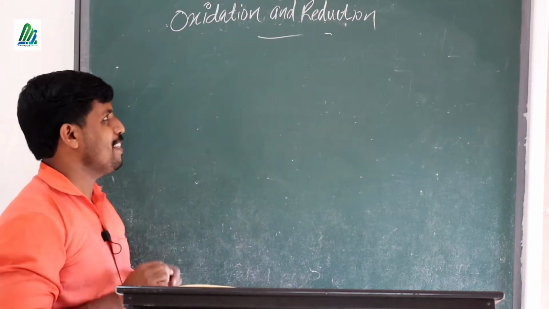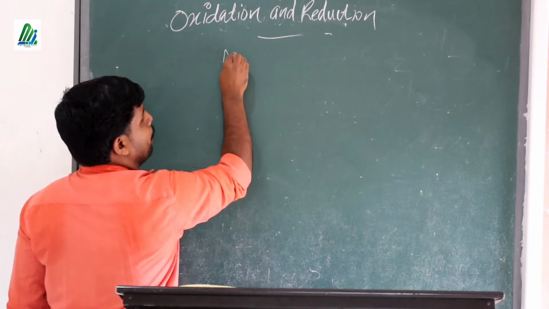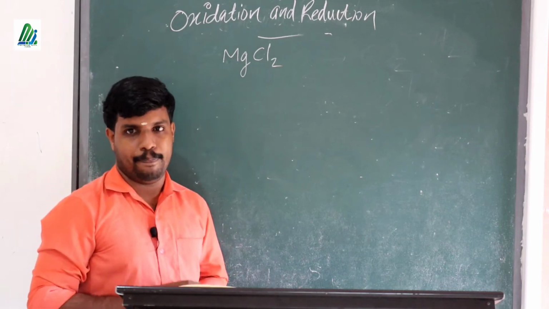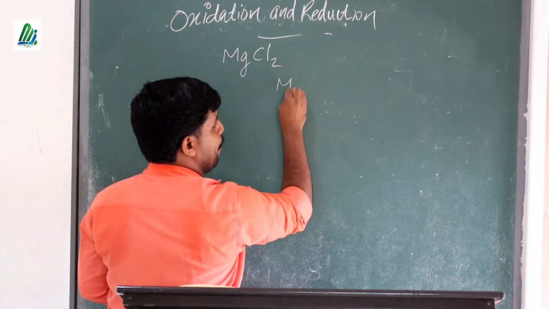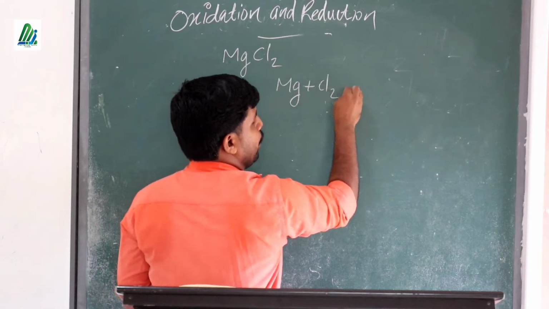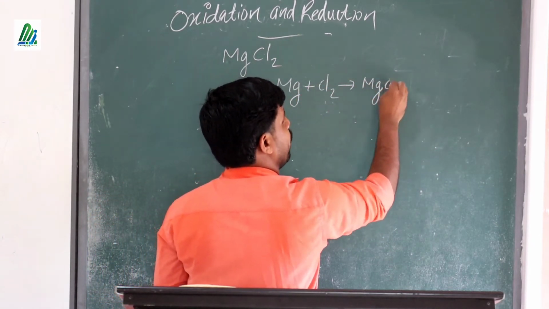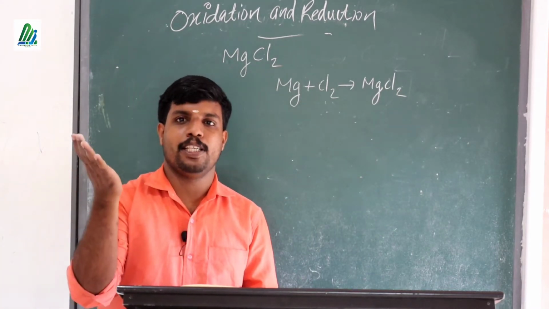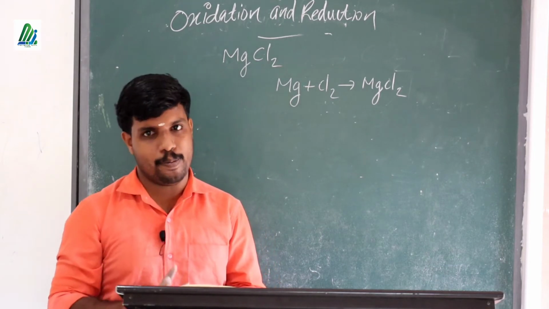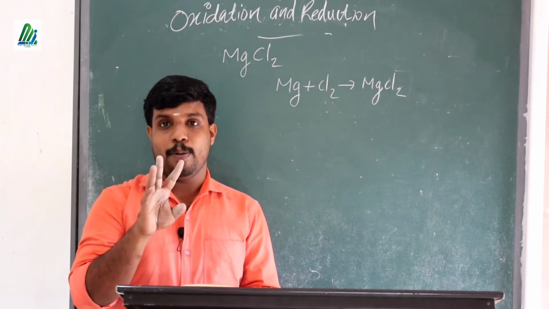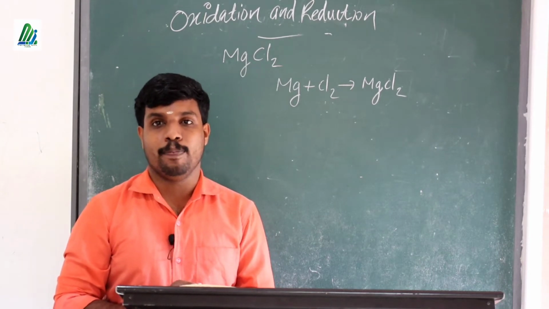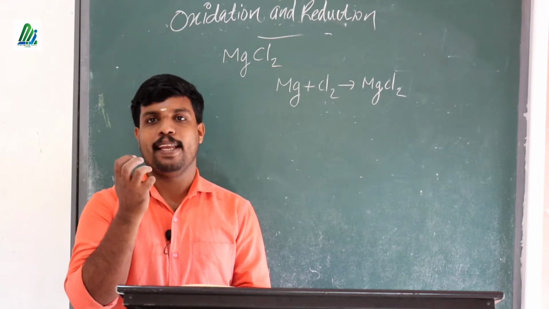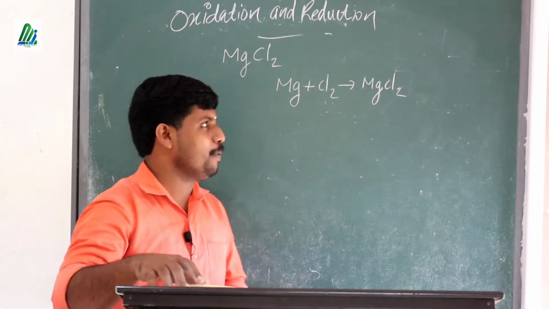In this case, we are discussing magnesium chloride, MgCl2. When magnesium is combined with chlorine, it forms magnesium chloride. When magnesium is reacted with hydrochloric acid, it also forms magnesium chloride. I think we have discussed this in the case of ionic bonds, where magnesium donates 2 electrons and chlorine accepts an electron.